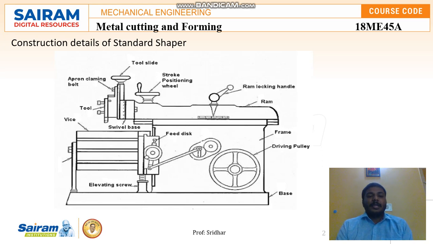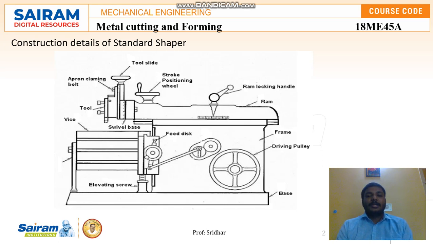Material is removed only during the cutting stroke, and the tool moves back during the return stroke after removing material, for each successive stroke length. Material is removed only in the cutting stroke, and when the tool comes back in the return stroke, it returns to its normal position. This runs through the mechanism we call the quick return motion mechanism.